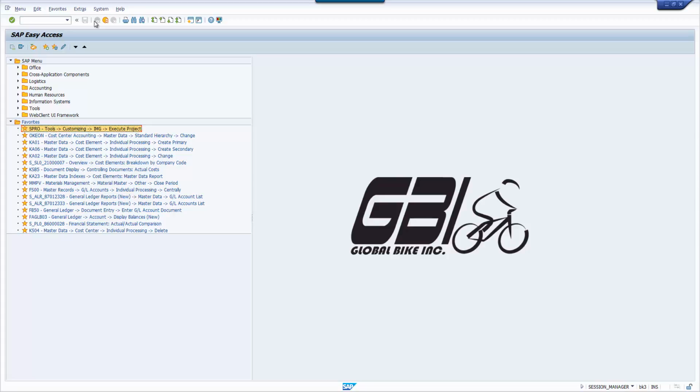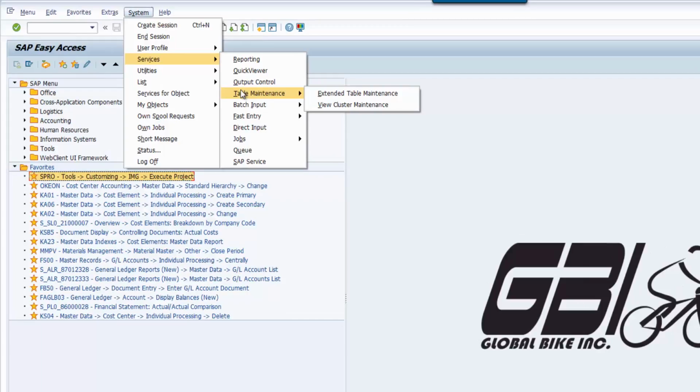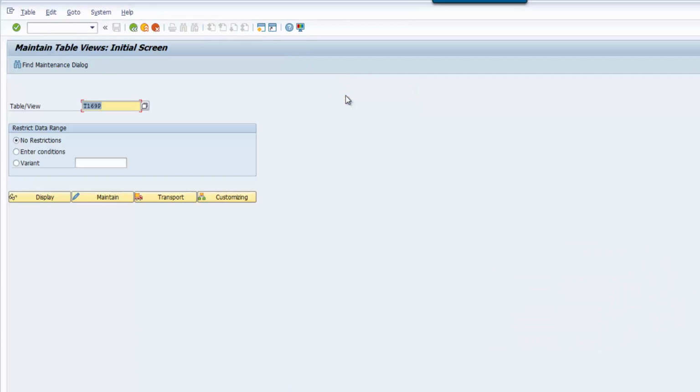This is pretty complex, but when GBI receives a vendor invoice, the correct combination of credit and debit accounts must be used in the various business conditions. So we're going to go up into System, Services, Table Maintenance, Extended Table Maintenance, and you can see that we're going into one of the tables again, II-2-9. This time it's not P, it's V. We're going to click on Maintain,